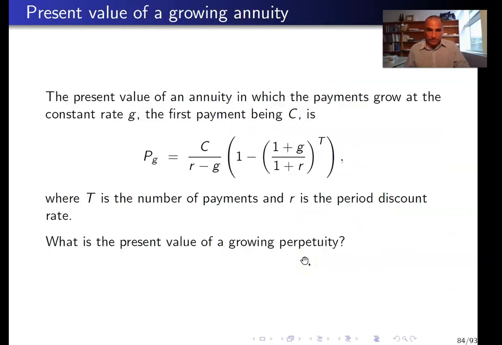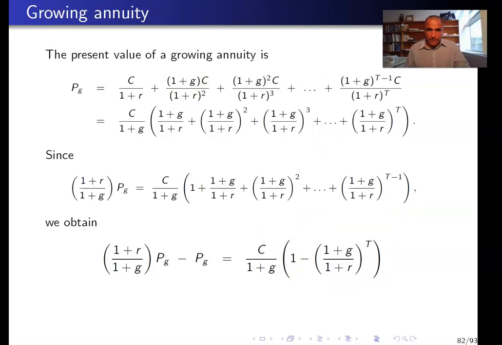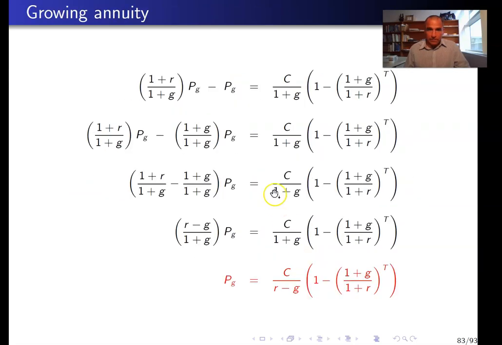And so once I have this equality here, I can rearrange everything to obtain the present value of a growing